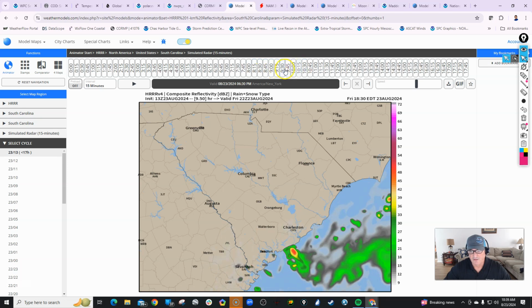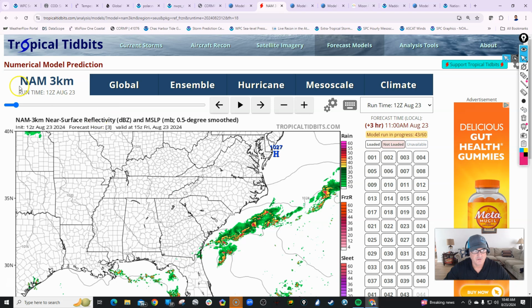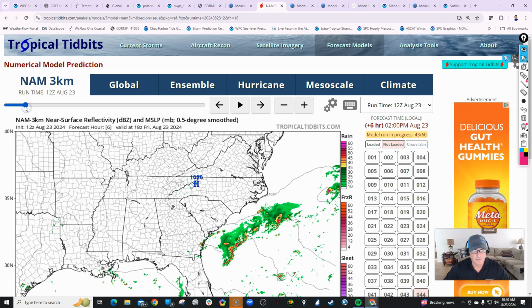And then as we get into later today, tonight, this evening, things start to really improve, right? So we see that rain breaking up. It looks like pretty decent overnight. Now, tomorrow morning, around 8, 9 o'clock in the morning, we may see some of that action start to approach Georgetown again as the daytime heating begins. We start another round of daytime heating, diurnal heating, we call it, and then we end up with maybe some more showers. So the NAM3 here